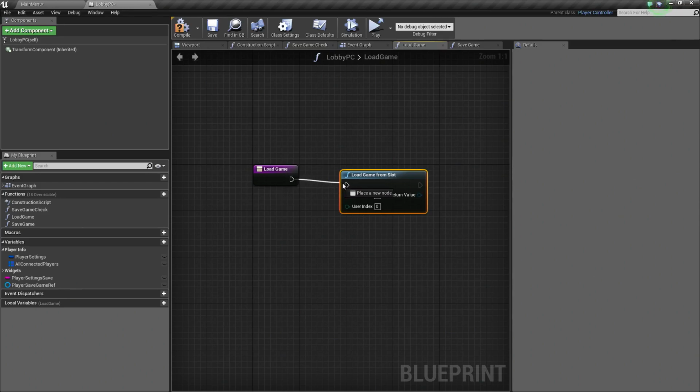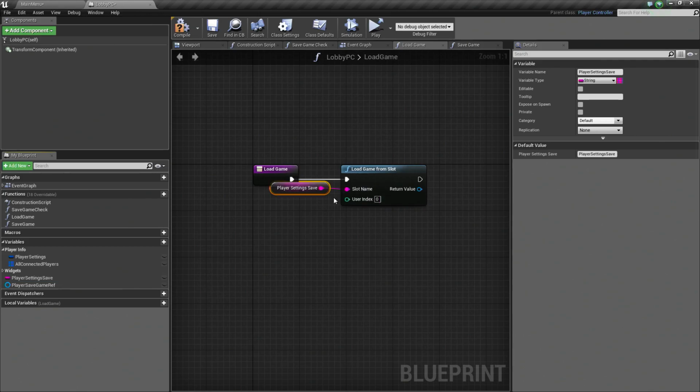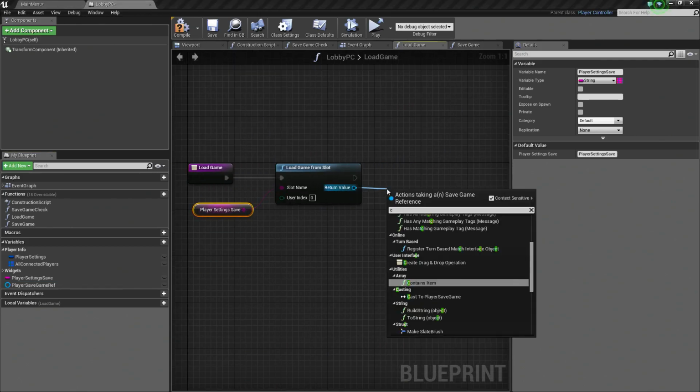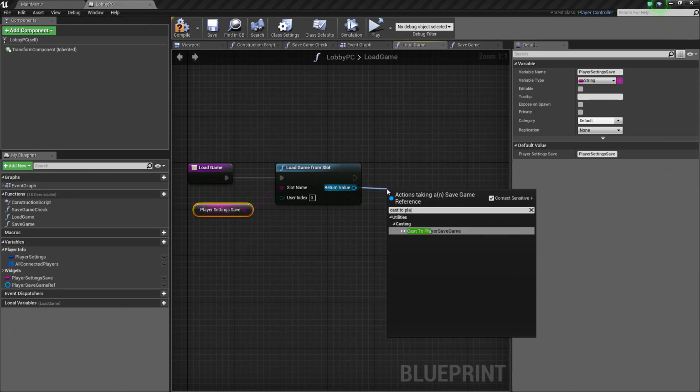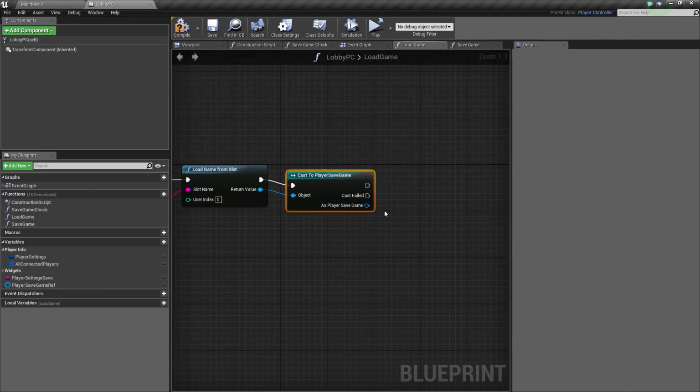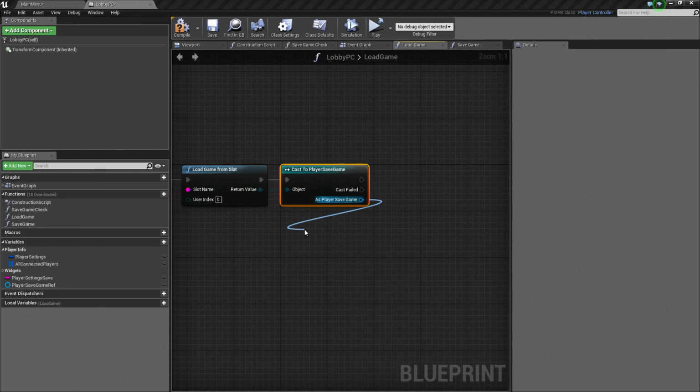Let's connect this up. And slot name is going to be players settings save like so. Let's make sure that we cast this time because that would probably help again. So cast to player save game. Now casting to our player save game, and inside of it we can get our S player save. So get S player save info,